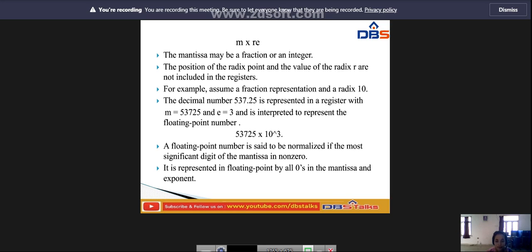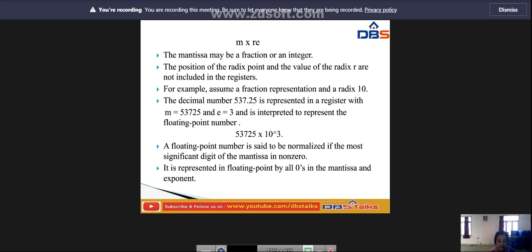Okay, so the floating point representation increases the range of numbers for a given register. So we are considering some computer with 48-bit words. One bit must be reserved for a sign. The range of fixed point integer numbers will be plus or minus 2 power 47 minus 1, which is approximately 10 power 14. The 48 bits can be used to represent the floating point number with 36 bits for the mantissa and 12 bits for the exponent.